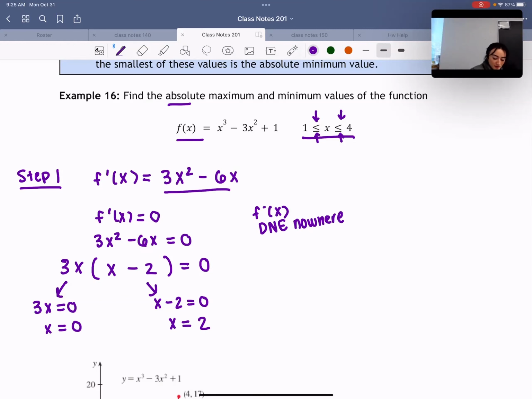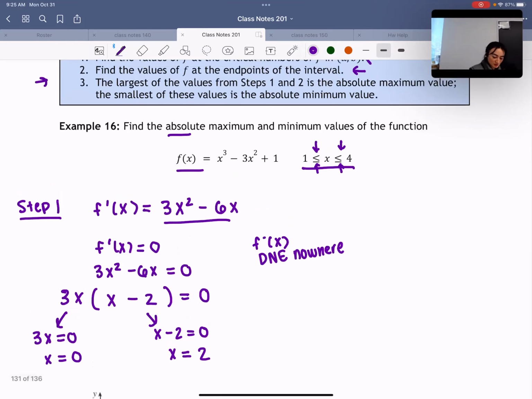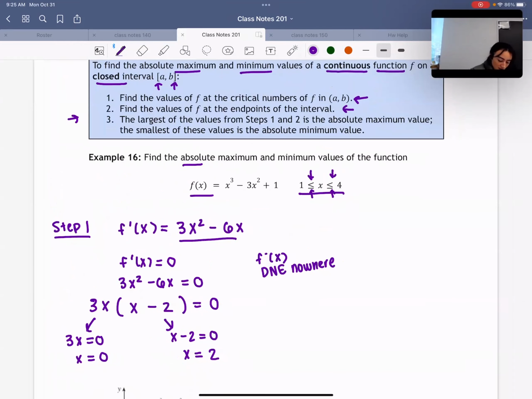All right. Now, I told you that you don't really have to plug in your values with polynomials, but it looks like we actually have to for the critical value method or the closed interval method, right? It says on step 1, we have to find the values of f at the critical numbers. So what we do is we have to plug in our values. So let's plug in